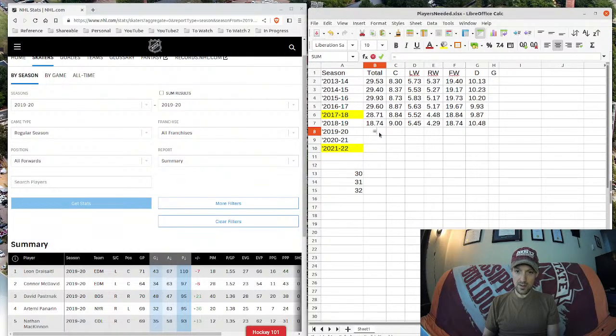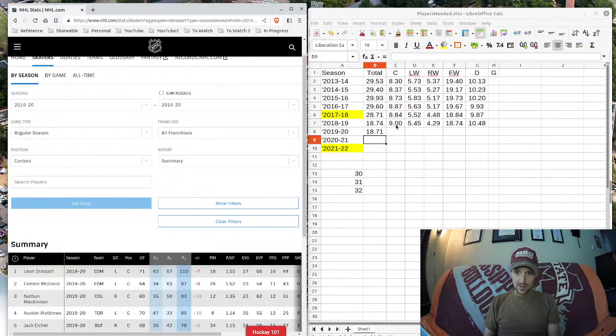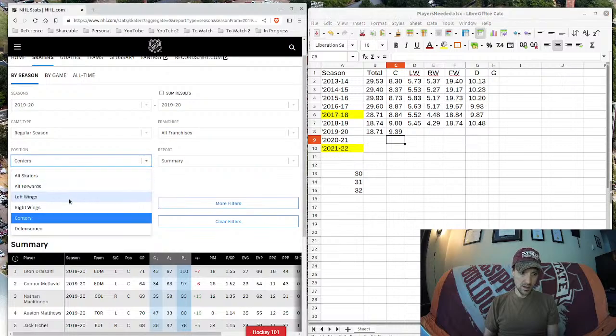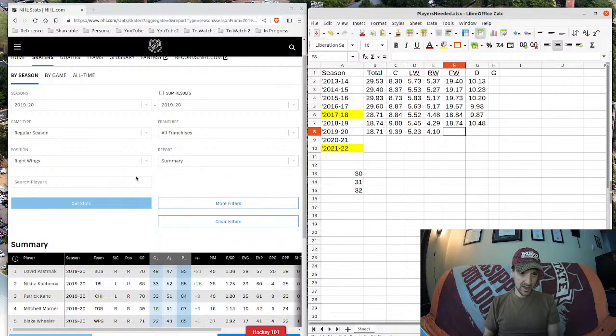Oops. Divided by 31. Centers 291. Left wing 62. Right wing 27. Yeah, I forgot about breaking it down by position,